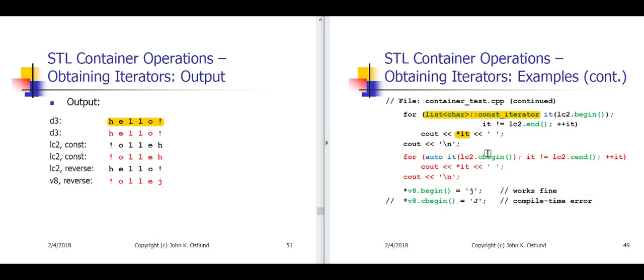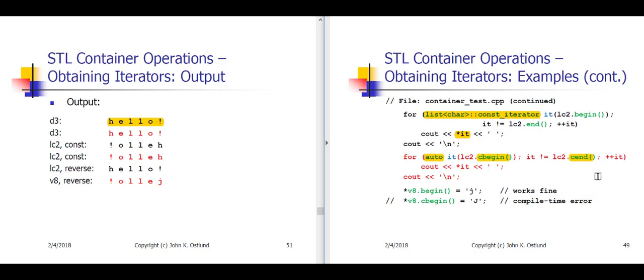Now, of course, we would really prefer not to have to type out that full obnoxious name, const iterator that is a member of the list of char class. We'd really rather just be able to use auto. But the problem here is that begin returns an iterator that is not a const iterator. So what we do here, because we do want a const iterator, is to use cbegin and cend. Okay? cbegin and cend yield const iterators,